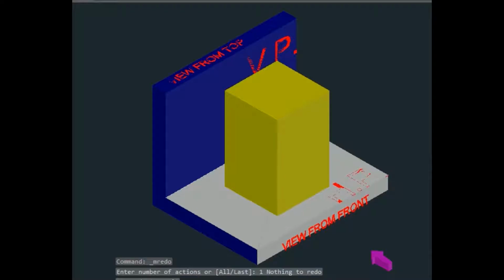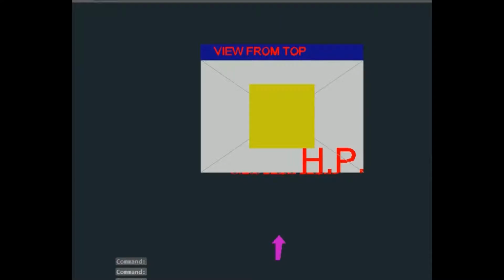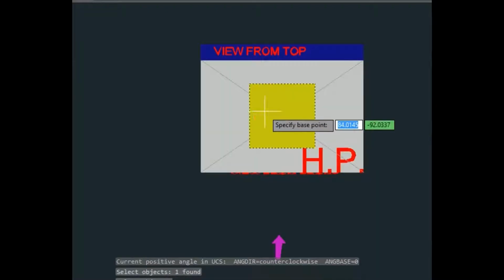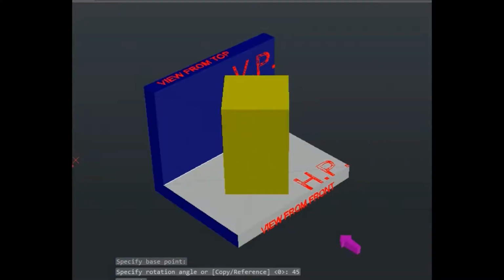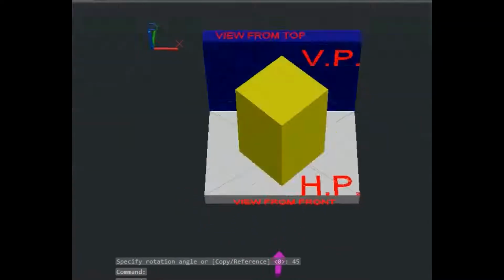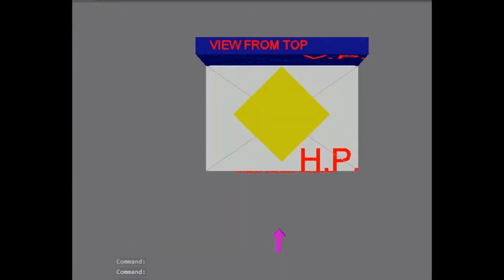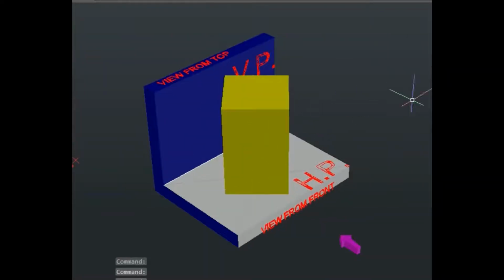So on your screen right now, the square prism is directly resting on its base on HP, and also one of the edges is parallel to VP. As you can see from the above, the edge or face is parallel to VP, but here in this question we have to make it inclined at 45 degree to the VP. So I will rotate this in such a way that the edge is inclined at 45 degree. You see that it is being inclined, and this is going to be our final front view, two rectangles, and this is going to be our top view, like a rhombus, but it's a square only.